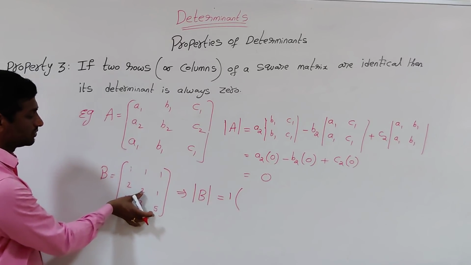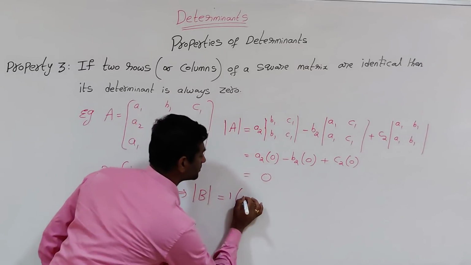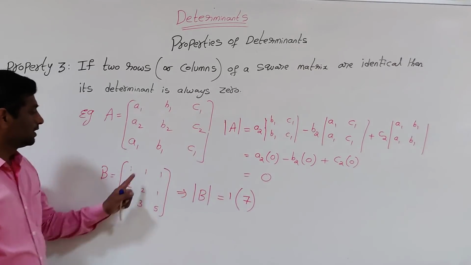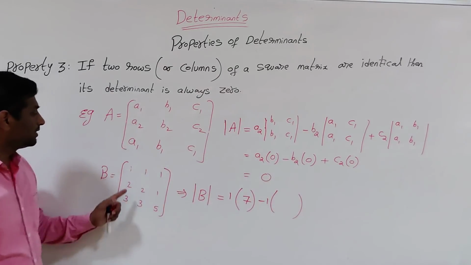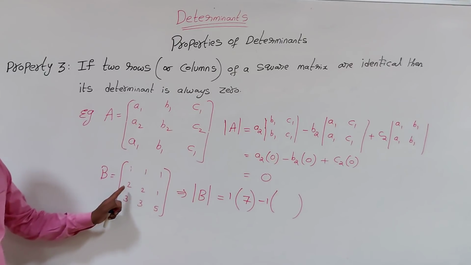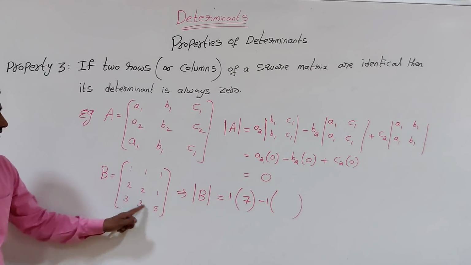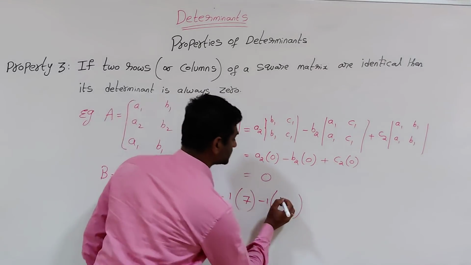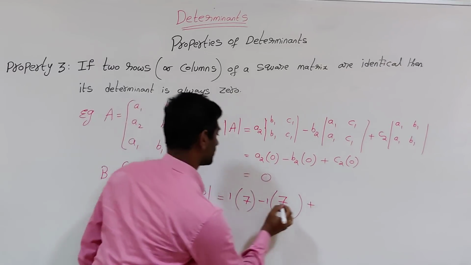The determinant of 2 1 3 5 gives 10 minus 3, that is 7. Minus 1 into the determinant after hiding the first row and second column, will be left with 2 1 3 5, so 10 minus 3, that is 7, plus 1 into